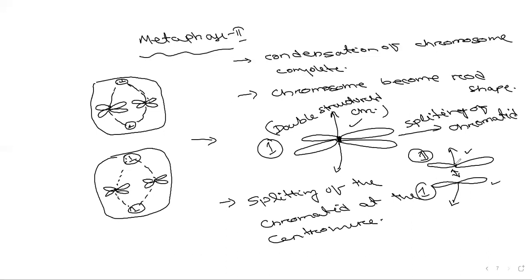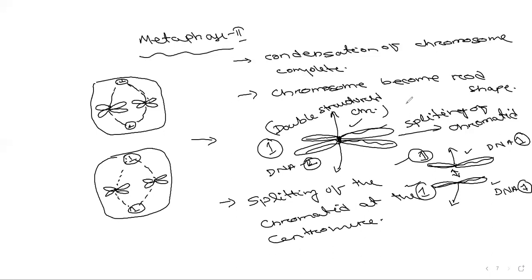Okay, DNA. Suppose this is one DNA, and this is one DNA. Here there is DNA content. The DNA here was 2, but here the DNA is 1. DNA content will change here, but the chromosome number is the same. This is your chromosome, this is your another chromosome, but we may call them chromatids.